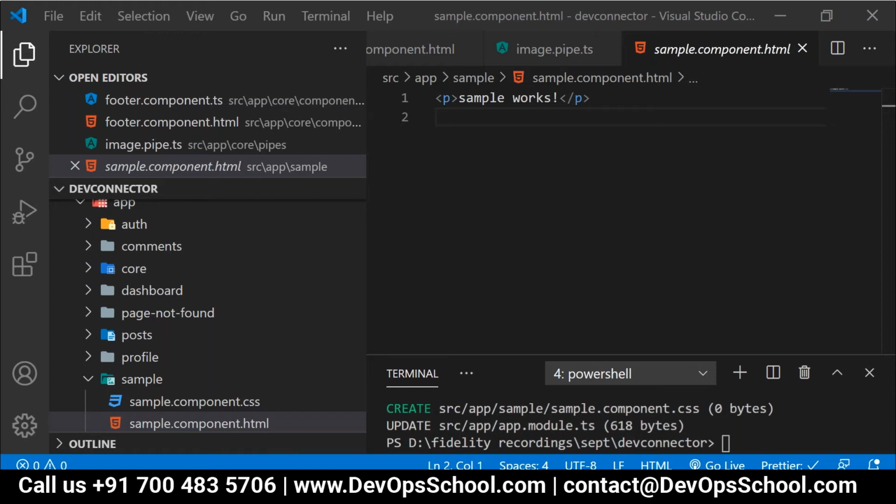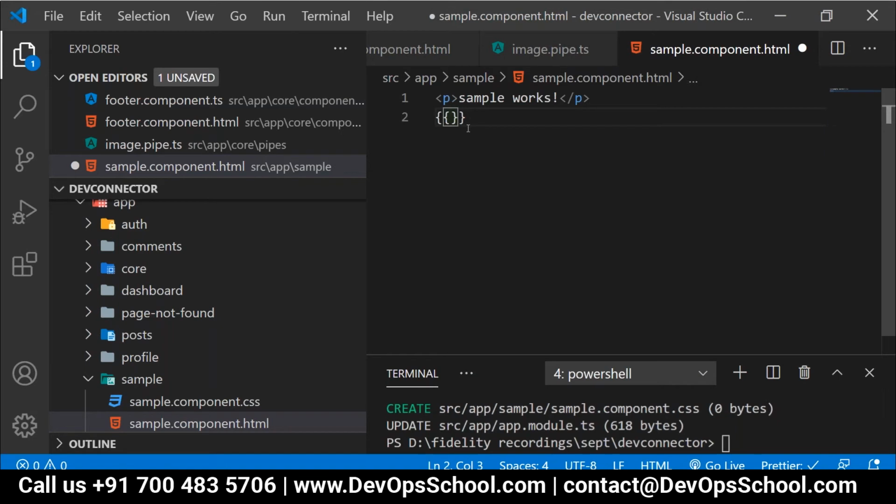Okay, now we will have a look over here. Now here, what is the expectation? In this case, we want to use that image pipe.